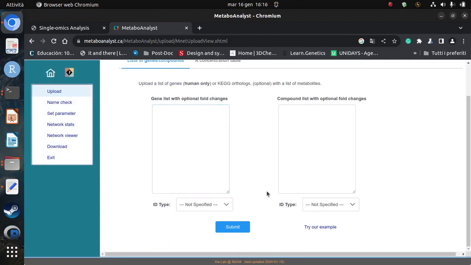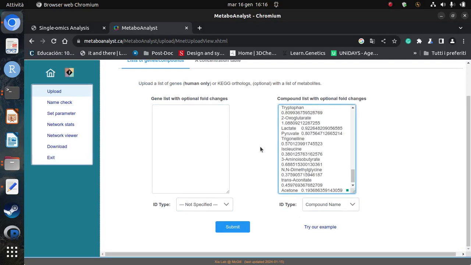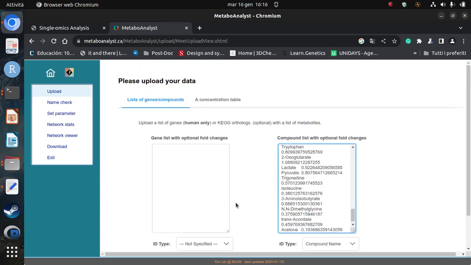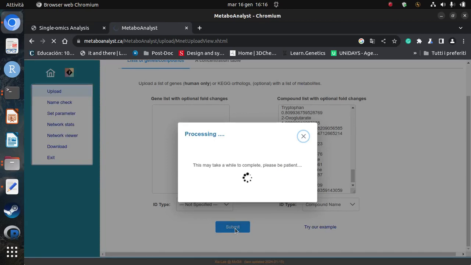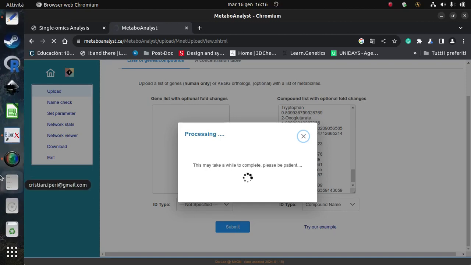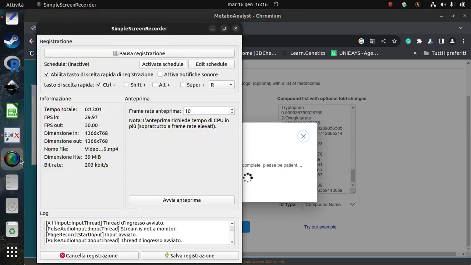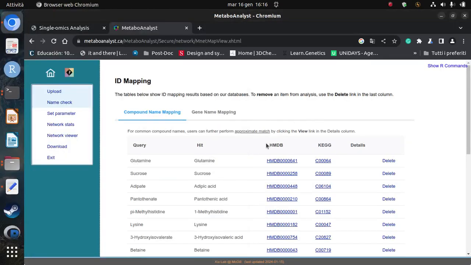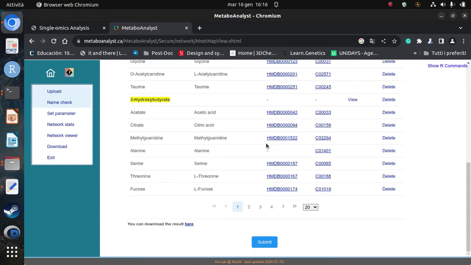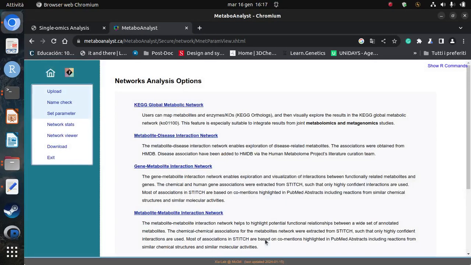As you can see here, you can upload the genes, and here you can upload the metabolomics. So we have compounds name, we copy it. In the case it will be also transcriptomics, you can add the second column and then submit. Takes some minutes, and wait. Okay, it's over. So you have the metabolites that you upload, and we click on submit, and here we